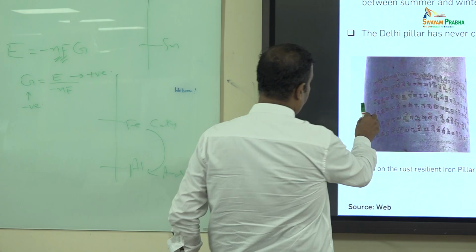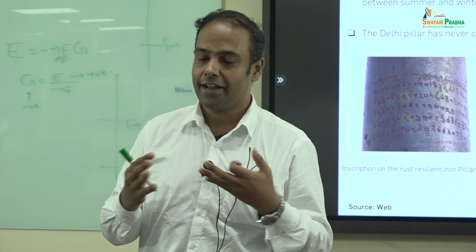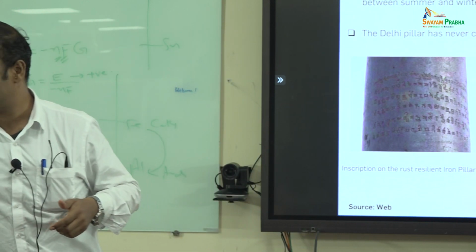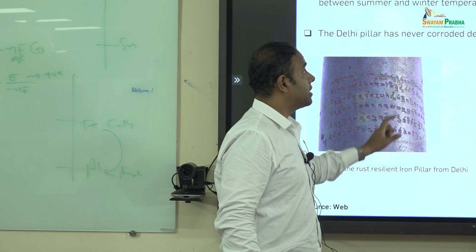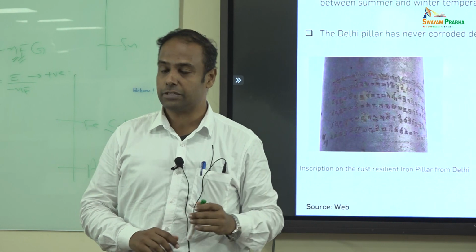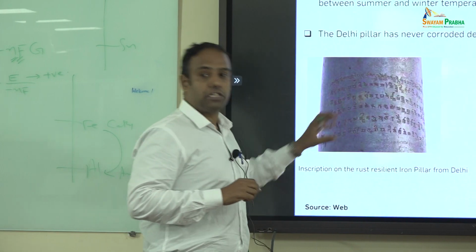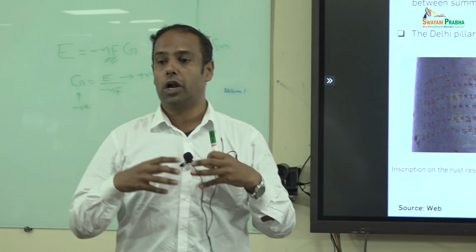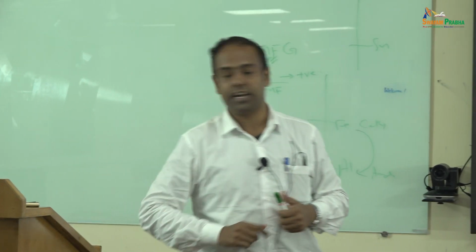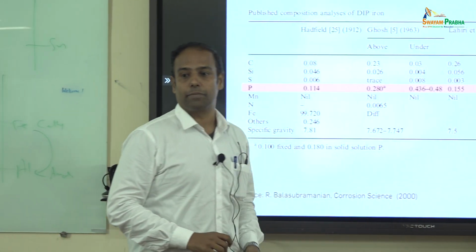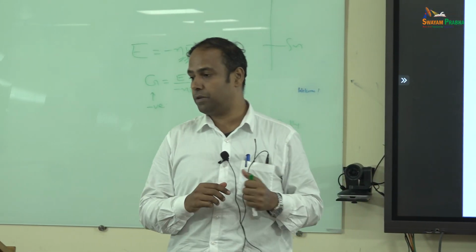If it had been normal mild steel, this would not be visible after 1600 years. You would have seen it just flake off and spall off, and you would see nothing at that location. But this Delhi iron pillar has stayed close to 1700 years, and that's why we call it the rustless wonder. Why is it happening? The reason is that when they produced this, they used a technique called hot forging, and the raw iron which was used contained phosphorus. It could be a serendipity or could be intentional, which is still questionable.